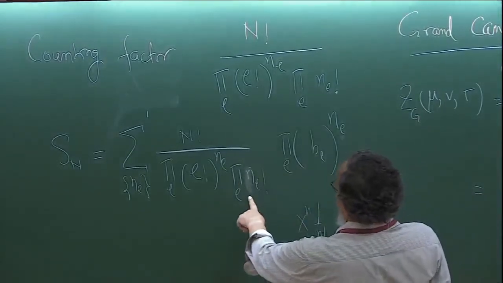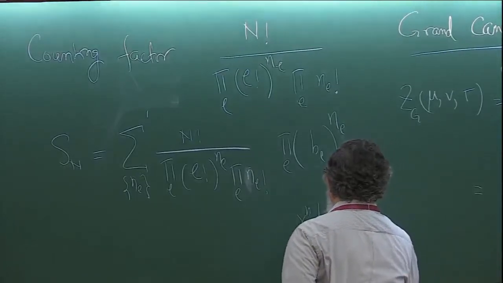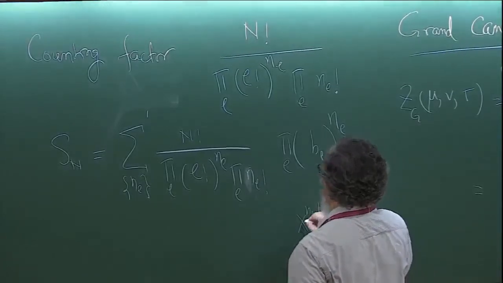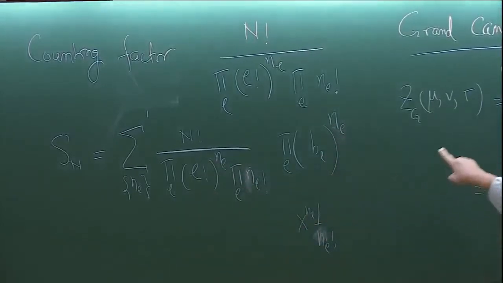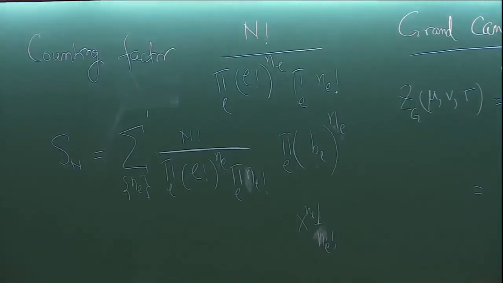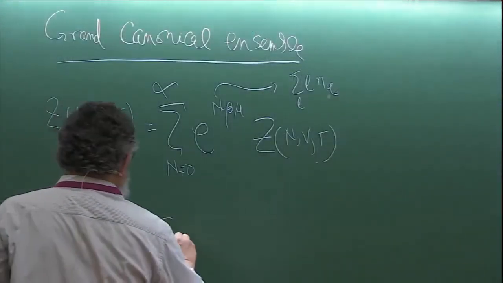1 over NL factorial. Just here, n sub L factorial x to the power NL. Here we have something that raised to the power NL, something raised to the power NL. Here also you have something raised to the power NL. So all these things combine into this x, and you basically have this becomes product over L exponential